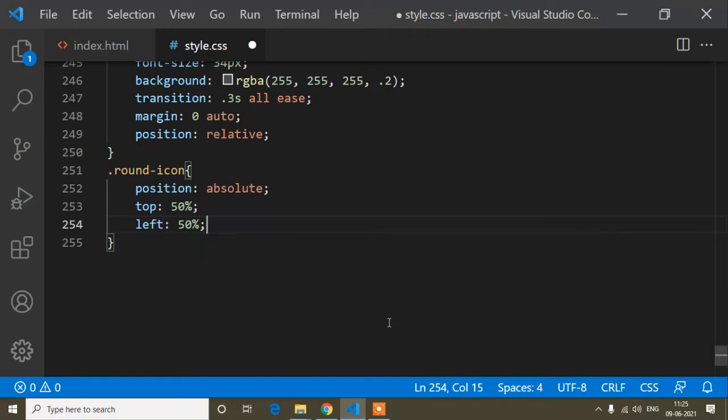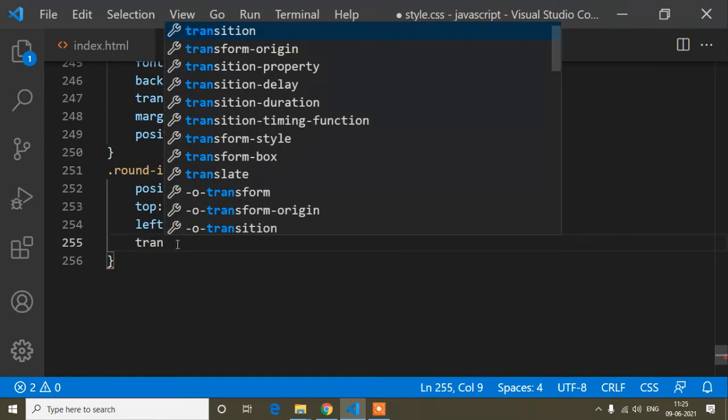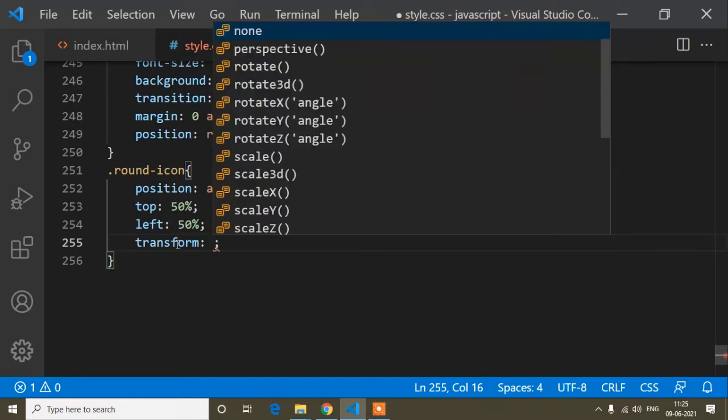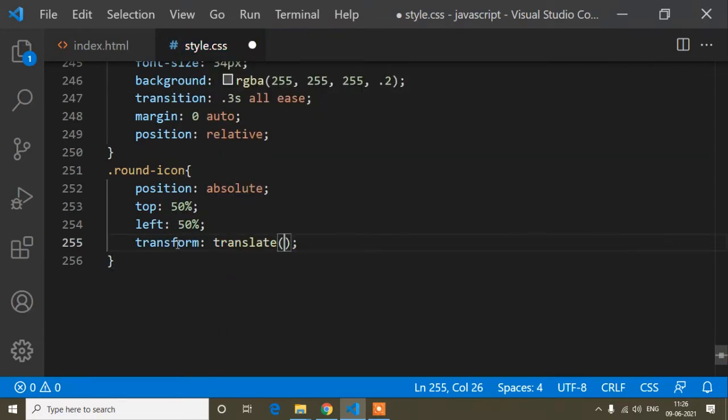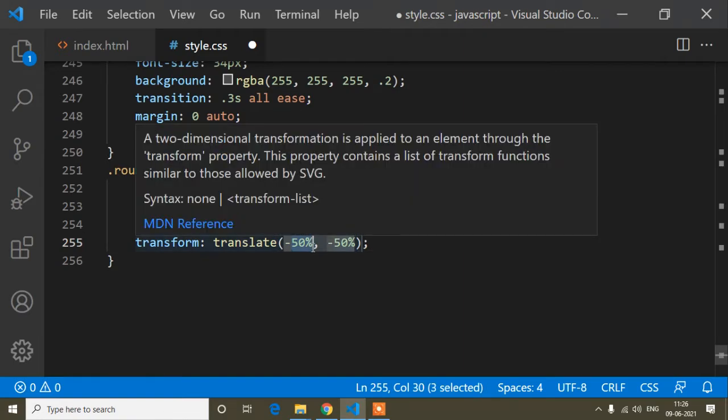Okay, and now guys, to make this top and left property strong, we write another CSS property, that is transform translate. That means this class will be transformed. So I will write transform, and the value is translate minus 50%, comma minus 50%. That means from top and bottom it will be minus 50%.